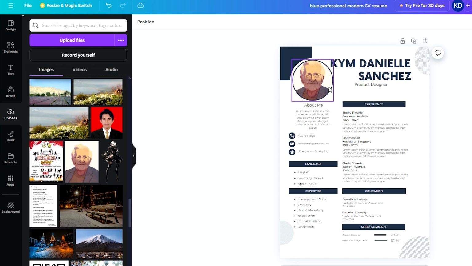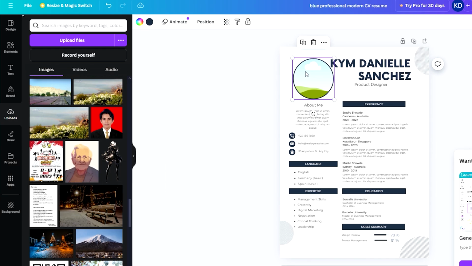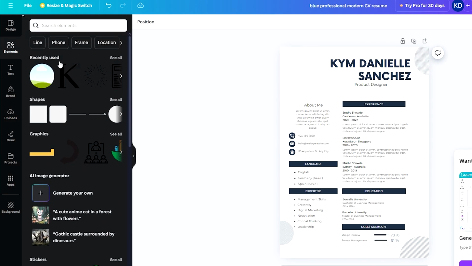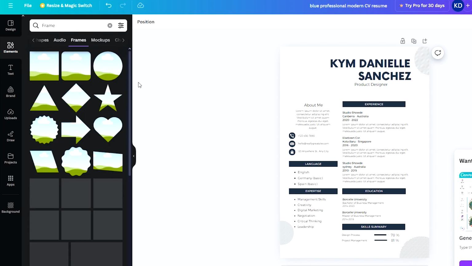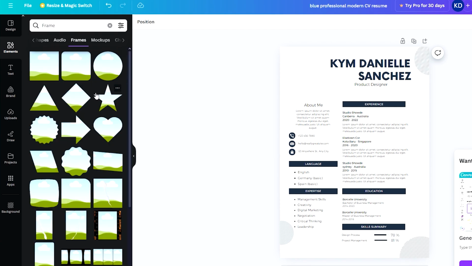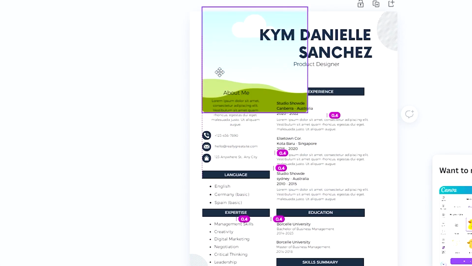But let's say you want to change the shape of the frame. You don't want a circle. You also want to remove this. You can just delete it. Again, let's go to elements and type in frame, or just this one, the suggestion. Click that frame, and let's say you want to add a square this time. So you just drag it there,